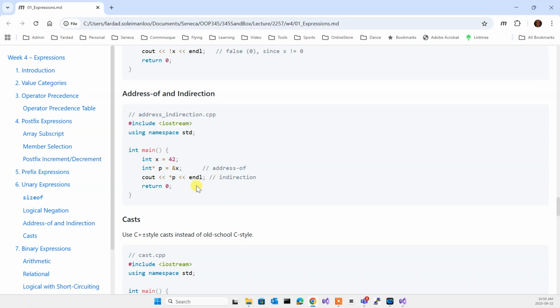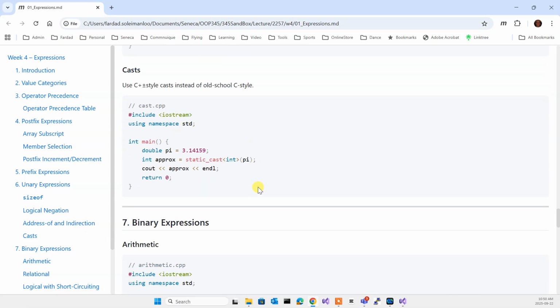Address of and indirection, so the address of X and target of P. So these are the two unary overloads. Do not use C++ legacy casting anymore. All your casting is supposed to be done